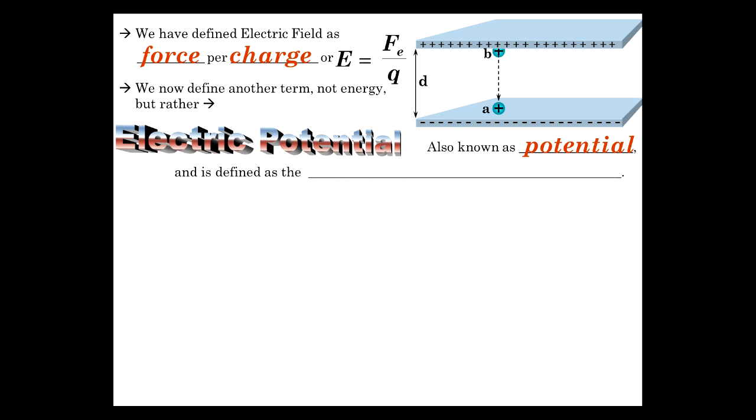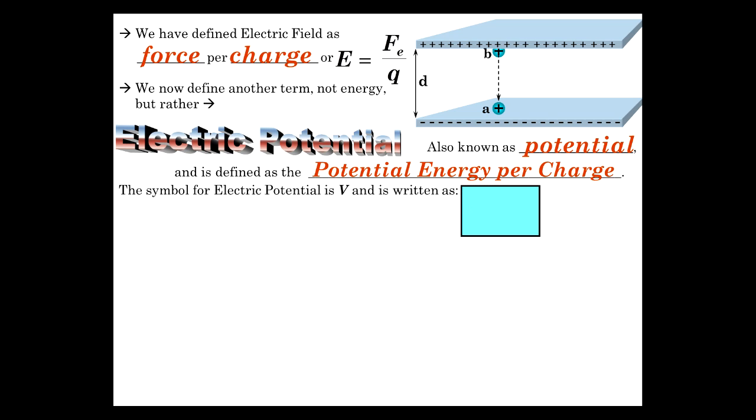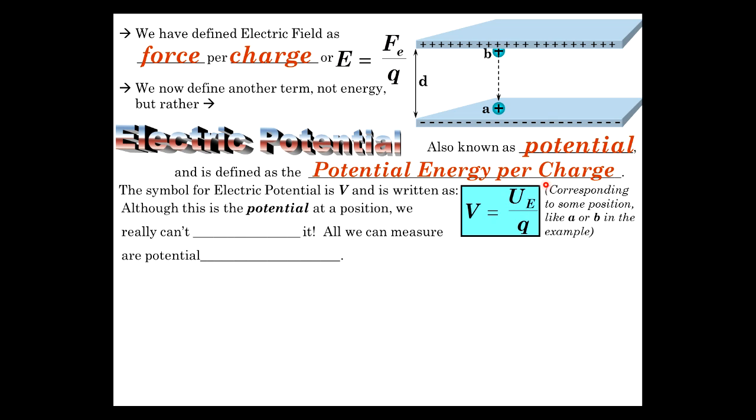And it's really easy to define. It's defined as the potential energy per charge. So here's a charge. It has some electric potential energy, as we've discussed. Divided by the charge itself, the quantity of charge, and you have the electric potential. So that's pretty easy, isn't it? Seems simple in principle. Well, the symbol, and how we write this, V for electric potential, is electric potential energy divided by charge, where electric potential energy corresponds to some position, like position A or B, because electric potential energy